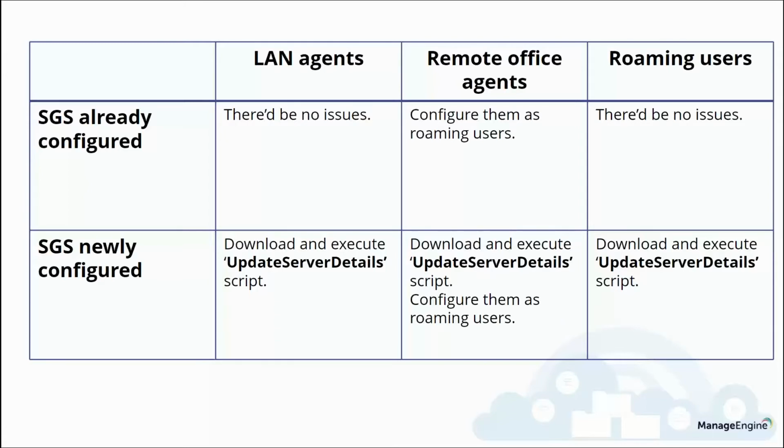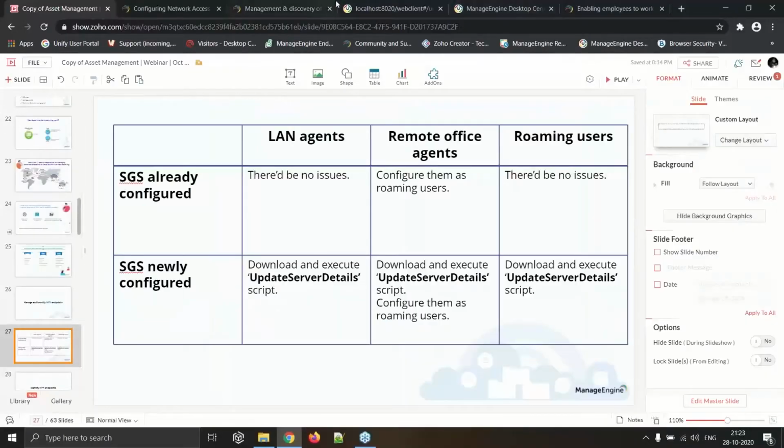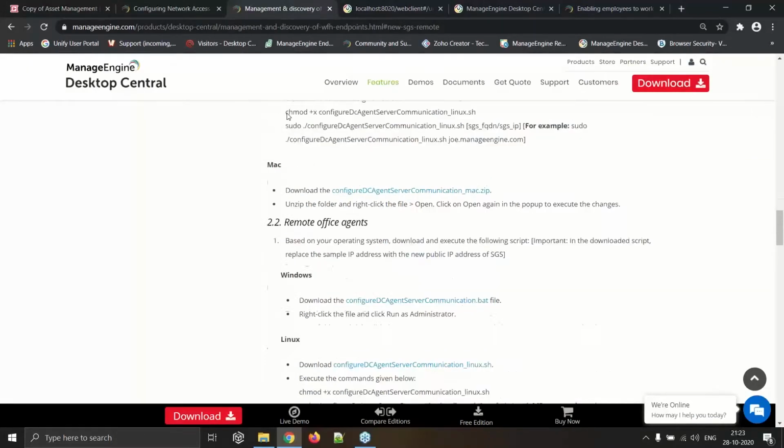So you are new to Desktop Central and you've got the secure gateway server, which you're going to configure newly. Now, the agent knows only the host name and local IP. It does not know the public address to reach the server because you're configuring the secure gateway server now. In order to let the agent know that there is a secondary address, you have to follow a few steps. We already have an article that is released for work from home endpoints, like work from home management, where